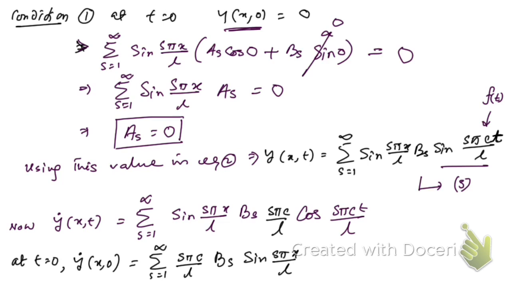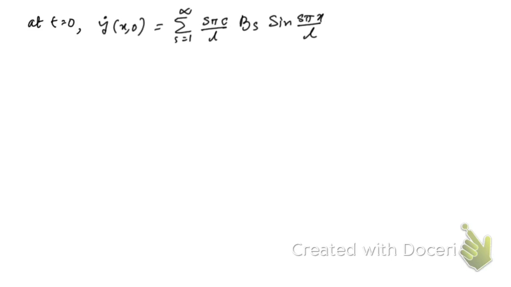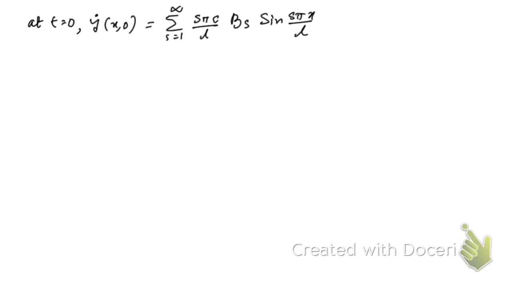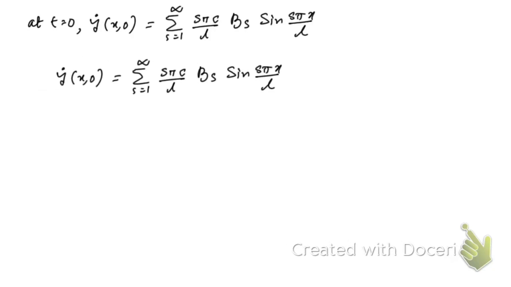Okay, now let me copy this last step and let me take a new slide. Okay, so here is the new slide, and this is the last step we have got. Now let us multiply both sides. Let me copy this one again. Okay, so here you see what we're going to do. We're going to multiply